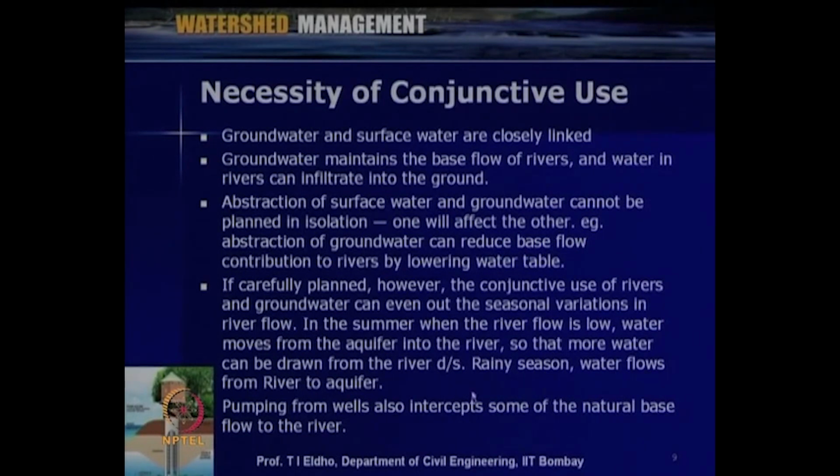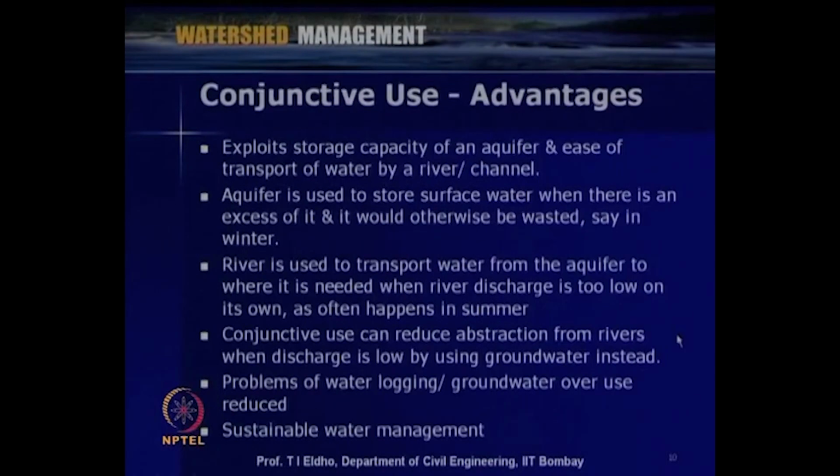And in the rainy season, water flows from the river to the aquifer. So, when the head is rising, water goes from the river to the aquifer. Pumping from wells also intercepts some of the natural base flow to the river. So, due to all these issues, we have to go for conjunctive use. That is the best way of utilization of the available water resource. Now, even though most of the time we go for either surface water or groundwater, conjunctive use